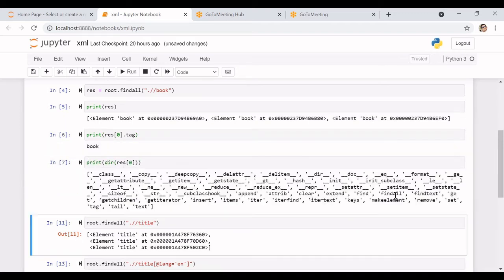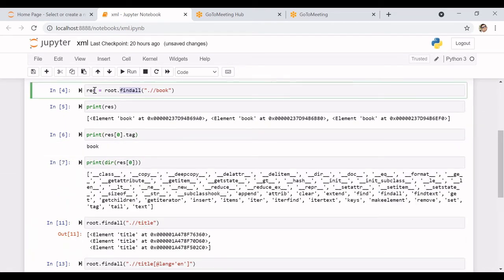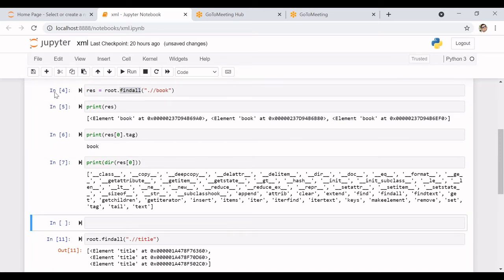You can use the find all on the sub element also. Again, you can give res of 0 dot find all, etc. Now we will see one by one. Append is for adding a new sub element. If you want to add an element, we use append, but for parsing the data, we will look at reading the information only. Now I will say res of 0